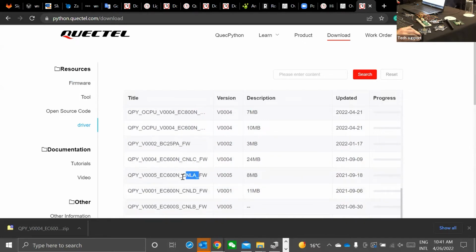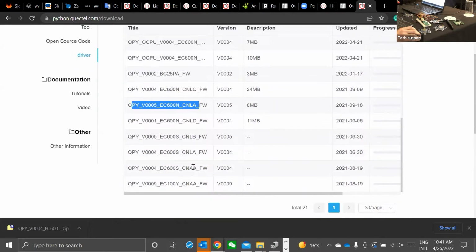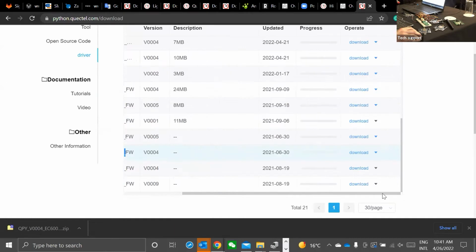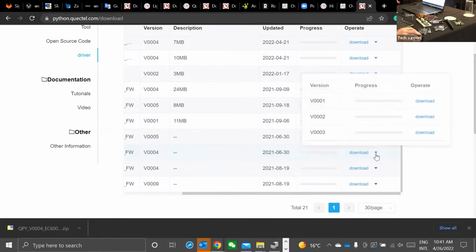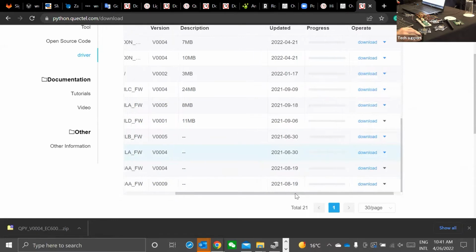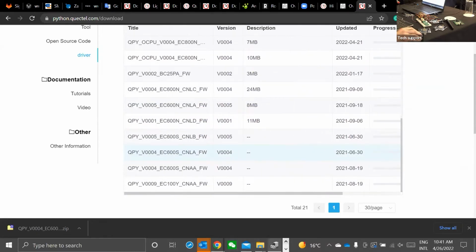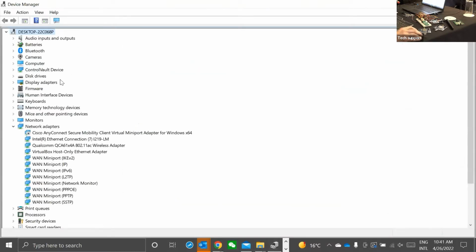For example, because I know that the majority of you have CNLA, I think that, no, we need S here. And I think that this is the one. If you scroll to the end, you could click download and download the latest version of the driver.